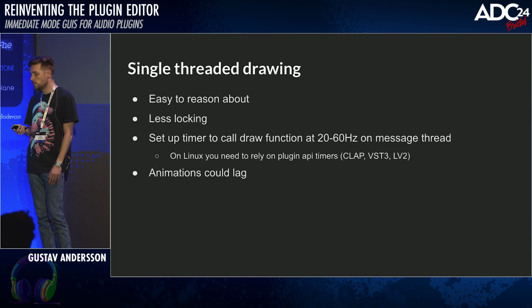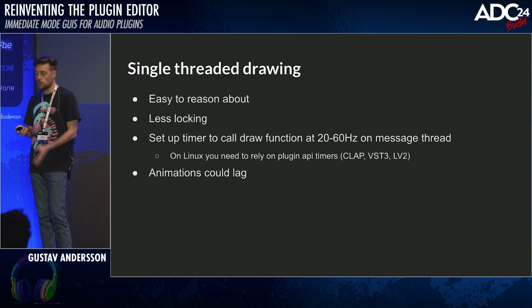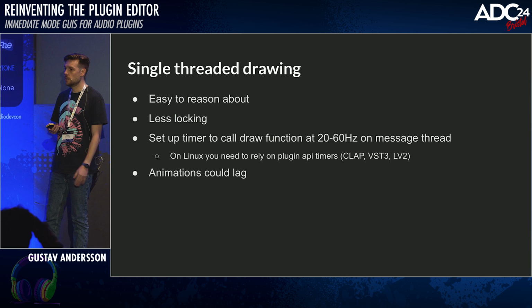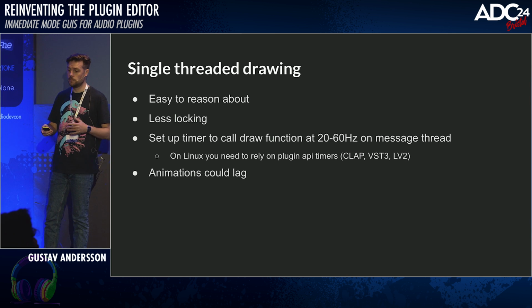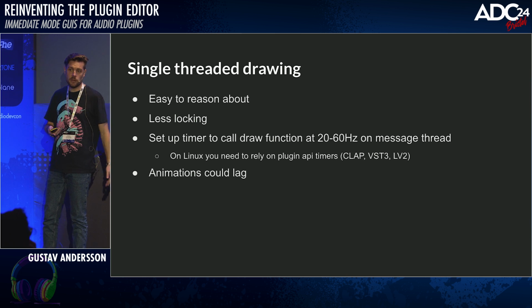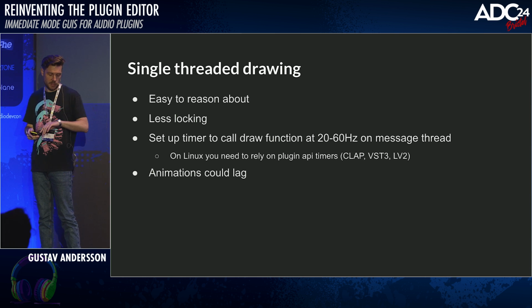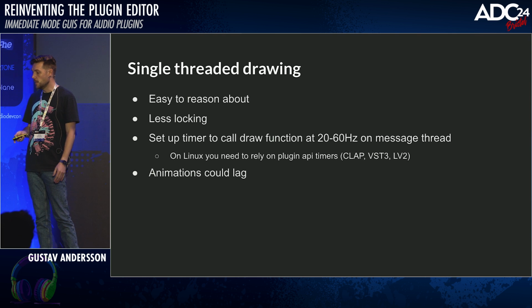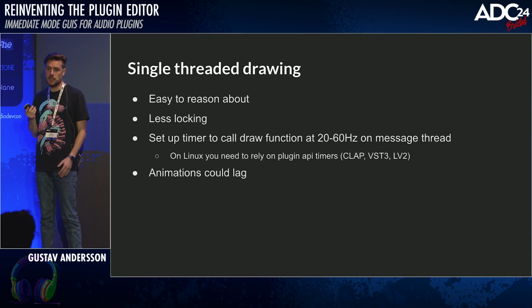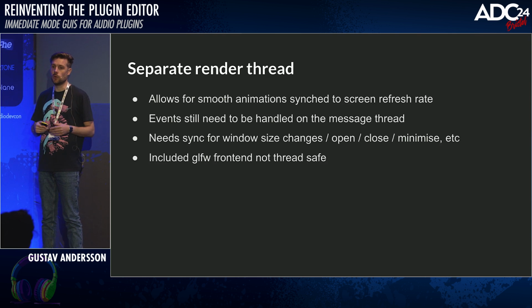But the downside of this is that you're not in any way synchronized with the screen refresh rate, and this 30 FPS is something that you require. It's not guaranteed to be anything stable. There could be jitter, and so animations could be laggy. They could be jitterish. So if you want really nice and smooth animations, you really need to draw in sync with your screen